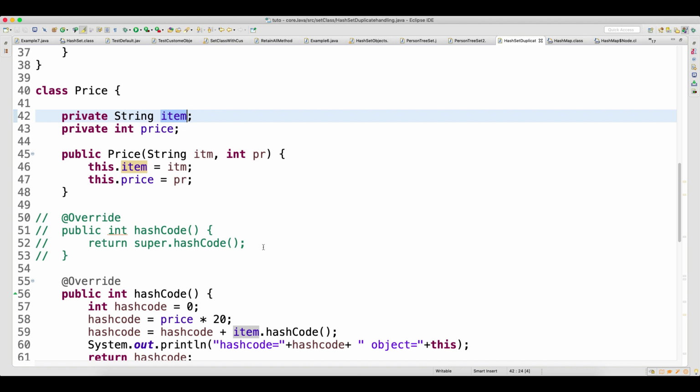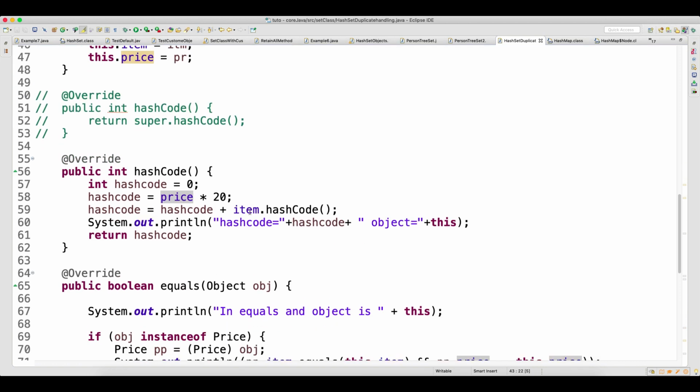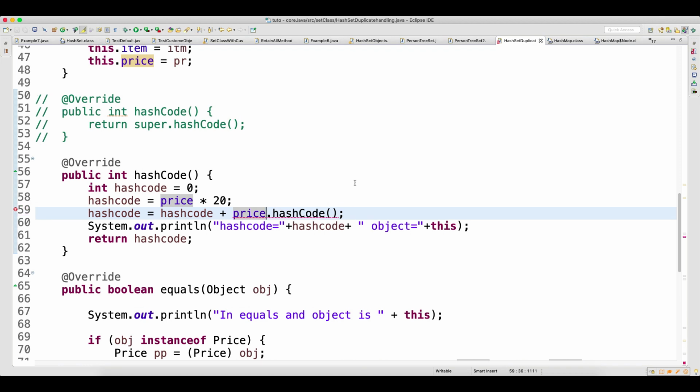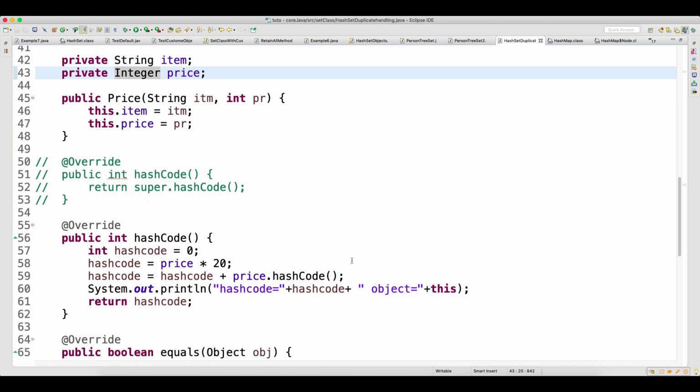On the item we call the hash code method because it was a string. On the price, if I call price dot hash code, will this work? This will not work. On the price I cannot call hash code. So guys, a small suggestion is, when you are trying to store data in the hash set, make sure that you are using a wrapper class.